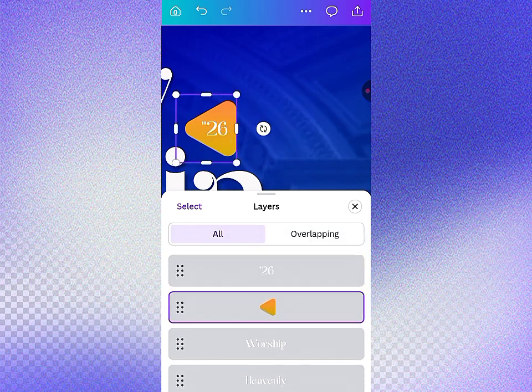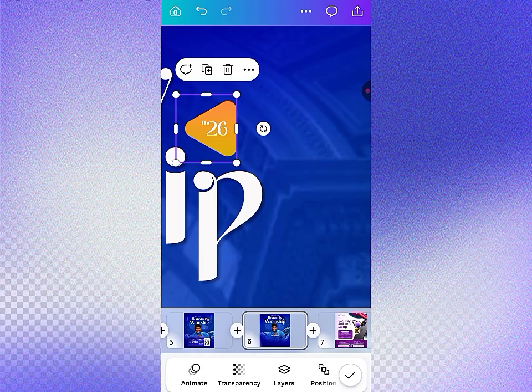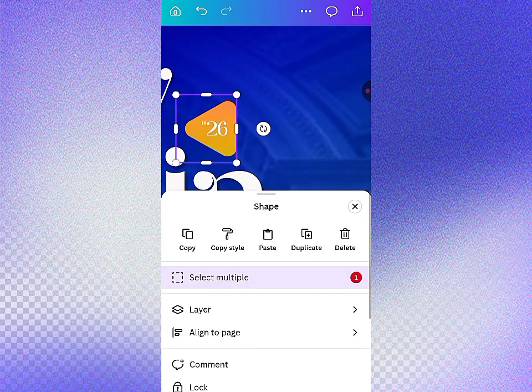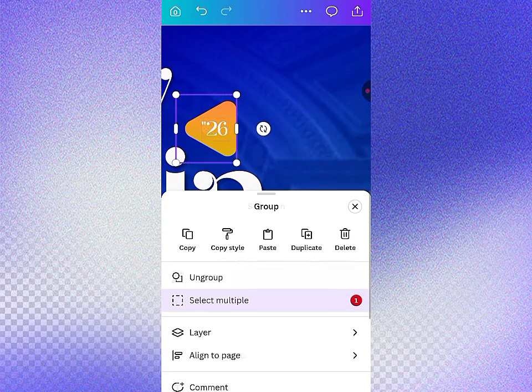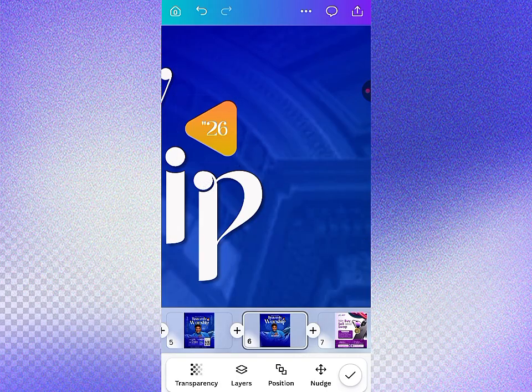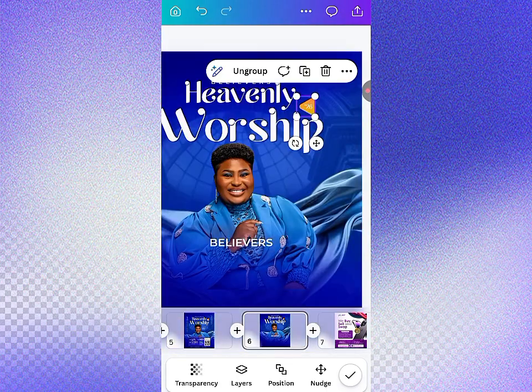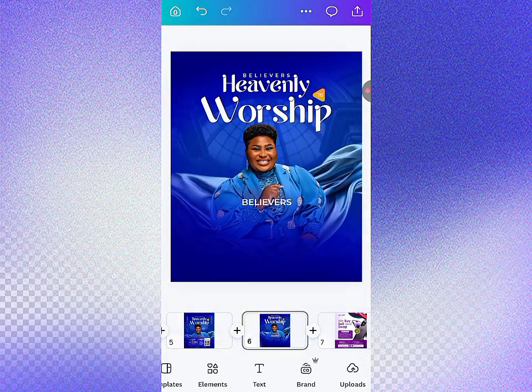So you see here now. That's it. Now I can select both of them. Click these dots, click on select multiple. I select the text and I group them together. So I can now move both of them at once. You get it. The next thing I did, which is also very, very critical here, was to add